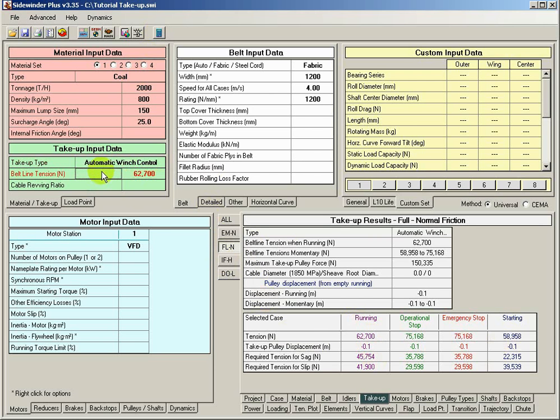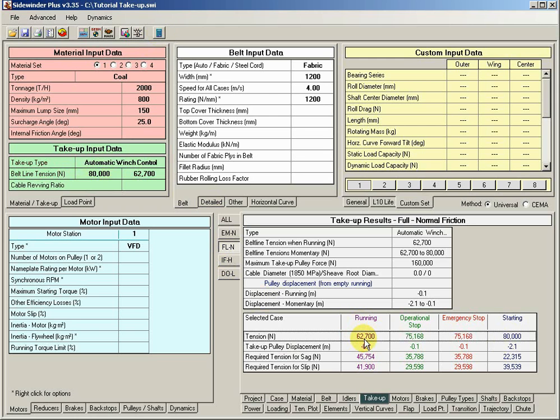Because our conveyor is running, and yes, we've got a running set point for that conveyor that's, whatever, 62.7 kilonewtons. But before we go to start the conveyor, regardless of what the loading on the conveyor is, we pre-tension that winch to a specific point, and you can do that. So, for example, if I put in 80,000 here for a belt line pre-tension starting tension, and I run it,